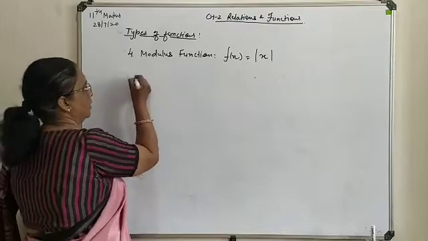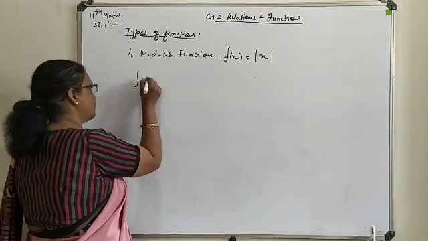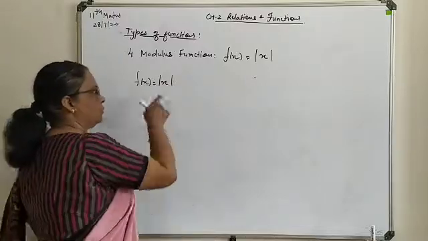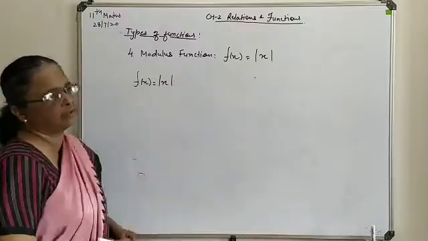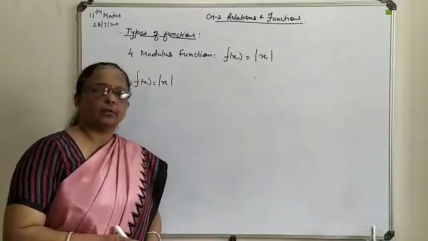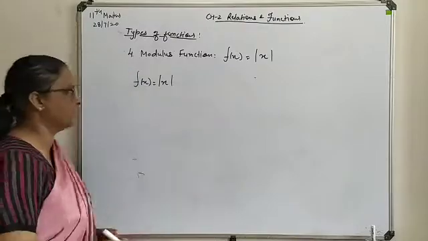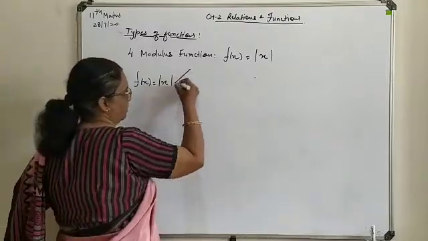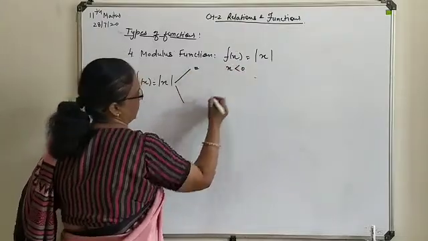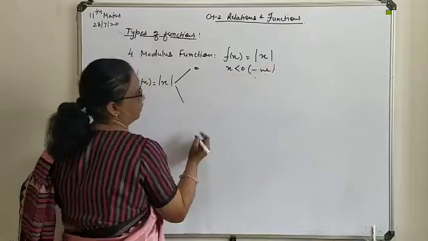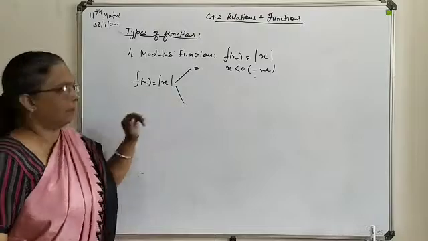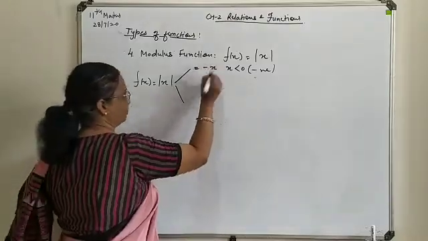Now regarding your modulus function, every time you will make this consideration. When you are talking about the modulus function, here you can see only x is available, so this x we have to compare with 0. 0 plus and 0 minus, it means it can be categorized into two categories. First range: when x is less than 0, which means a negative solution, at that time everywhere modulus of x you will replace by minus x.